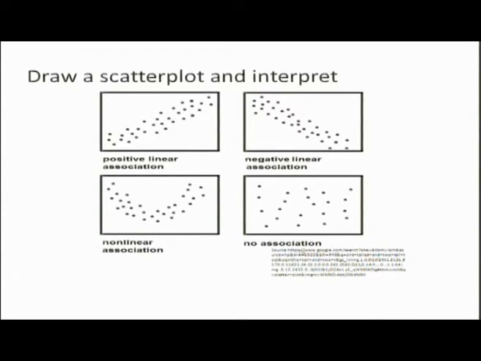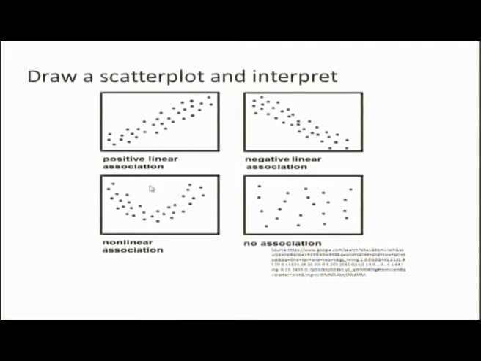In such a case, we say that there is no relationship, there is no association between x and y. They are not associated with each other. There is no causal relationship, symmetric or asymmetric. Now, we cannot guess any relationship between x and y.